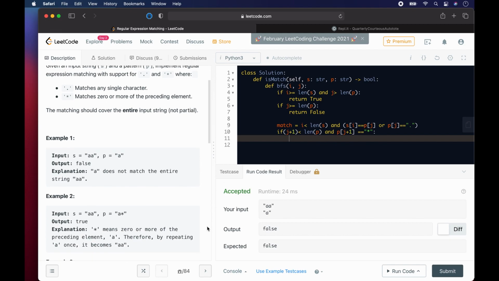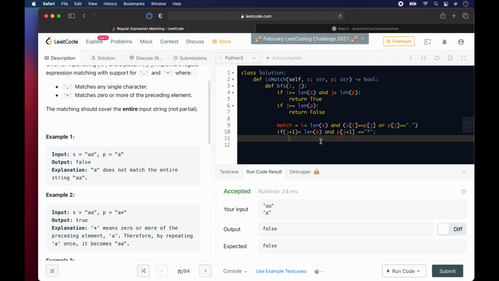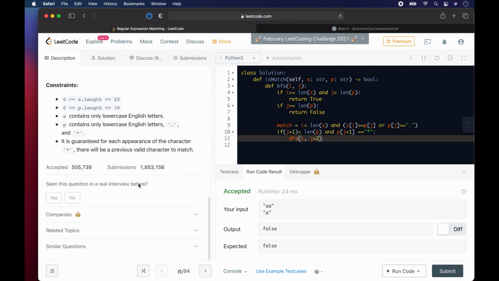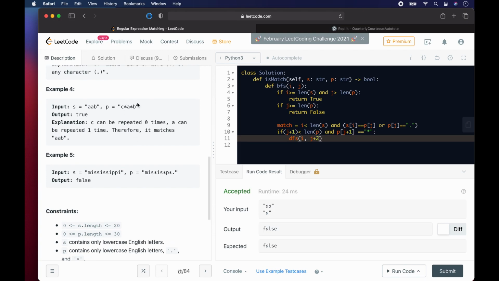So what we do in such a situation is we call DFS on i, and we move j by 1. If we move j plus 1 by 1, it becomes j plus 2, right? In this situation, what we're doing is we're ignoring it. We leave i where it is, but we move j because we're ignoring it. So we ignore j plus 1, and this worked for when we were doing the c. So we can ignore it in the pattern string if we want, or